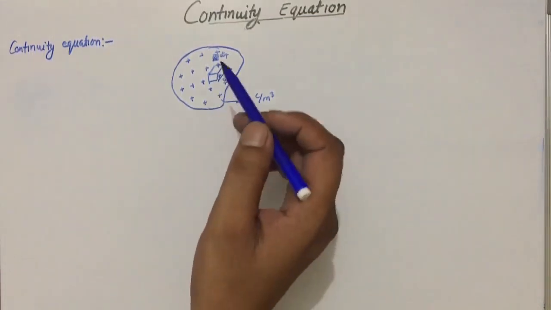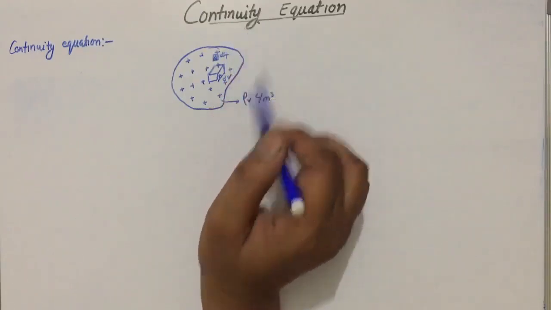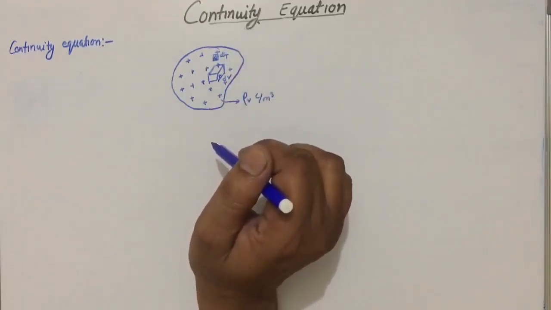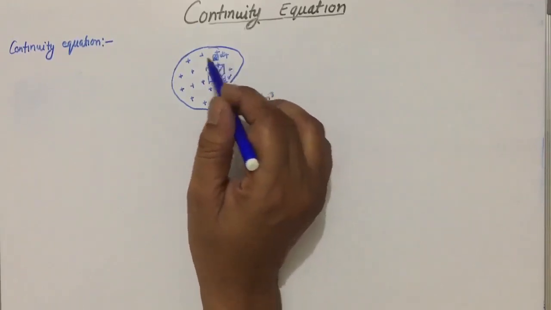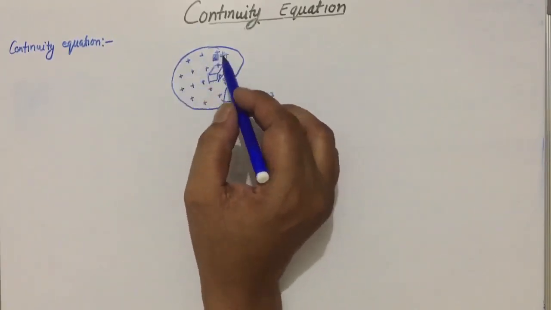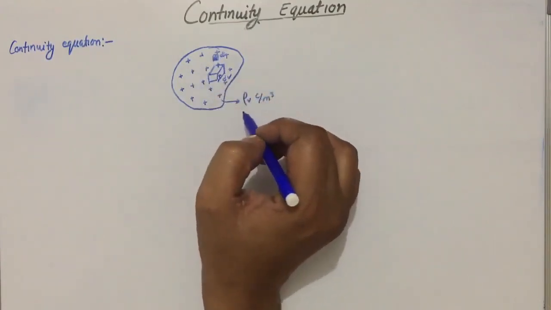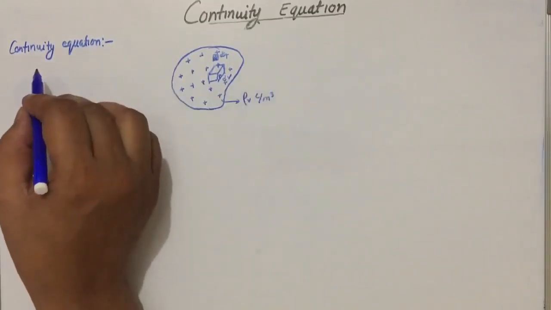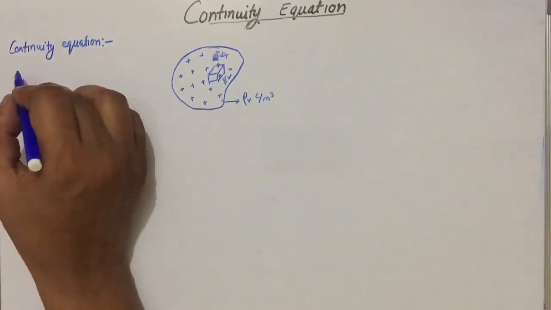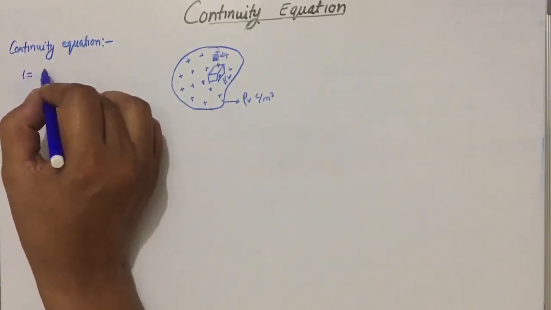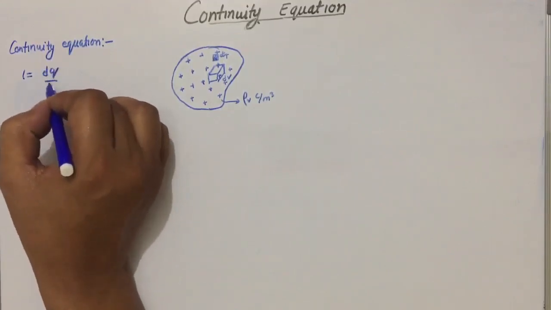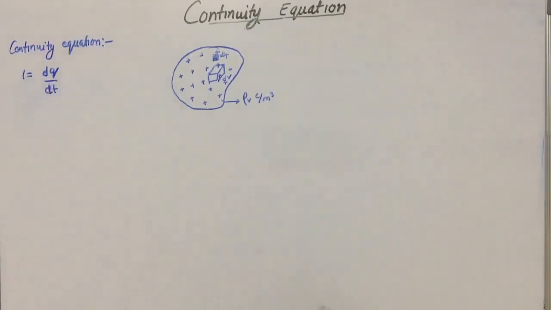Our today's topic of discussion is the continuity equation in electrostatics. For that purpose we have considered a differential volume which is having volume charge density rho v, and we know that the current can be written as the rate of flow of positive charge. We can write it like that, and according to the continuity equation,